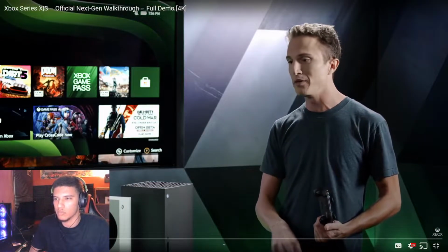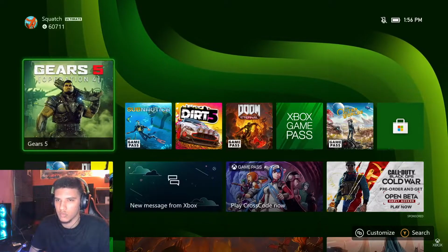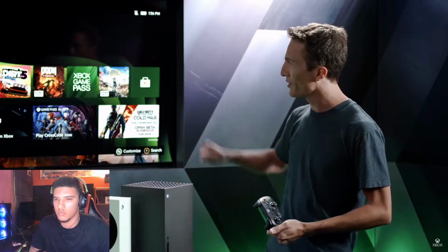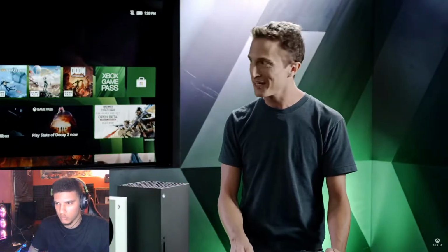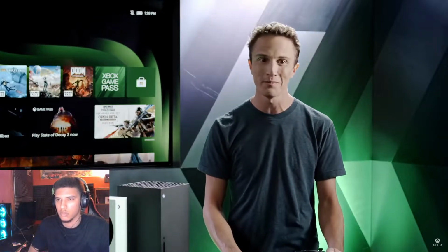Simpler and more accessible for people who are new to Xbox who might not have ever had an Xbox console before, and then two, to make it a lot more powerful and useful for people who are those upgraders and those kind of loyal Xbox gamers. So when I land here on home, really the intention of home is to give you quick access to the games that you were playing recently, as well as give you easy ways to discover new games to play. Yeah, and I'd be remiss if I didn't call it these sick dynamic backgrounds that I see going on here. What's with that? For sure. So this is exclusive to Xbox Series X and S. These are our new dynamic backgrounds here. We have one for each color that you can pick on the system, and we're hoping to add more in